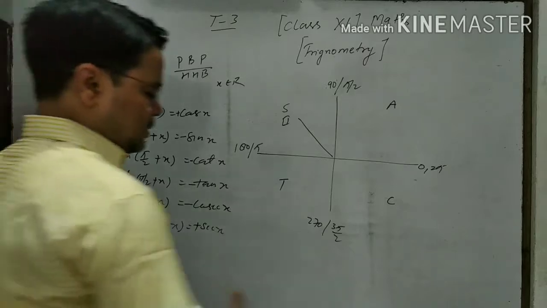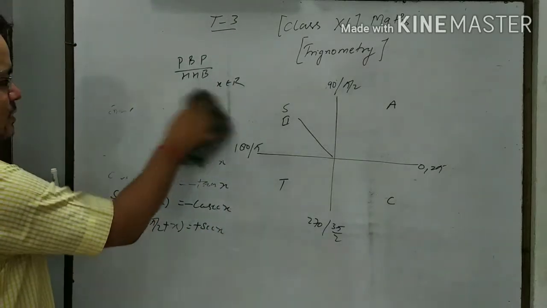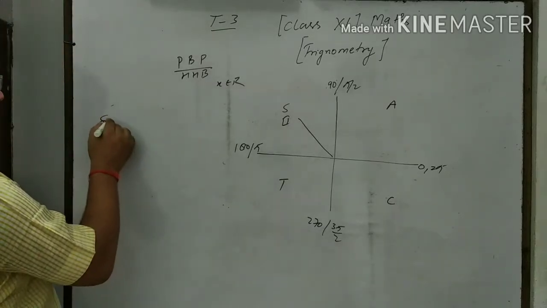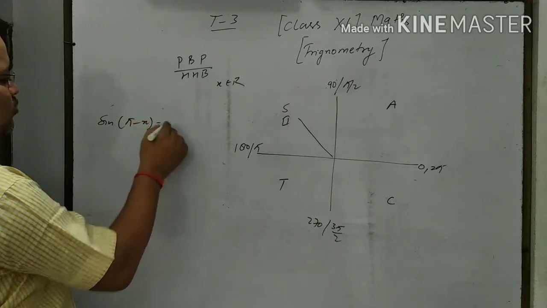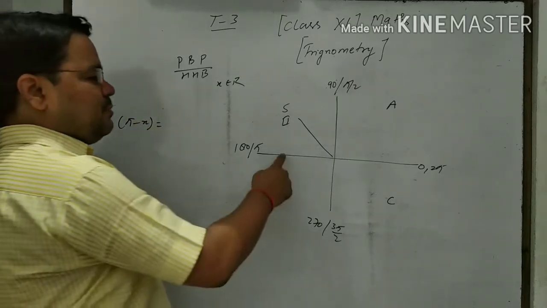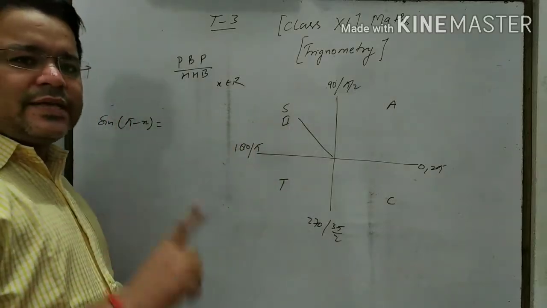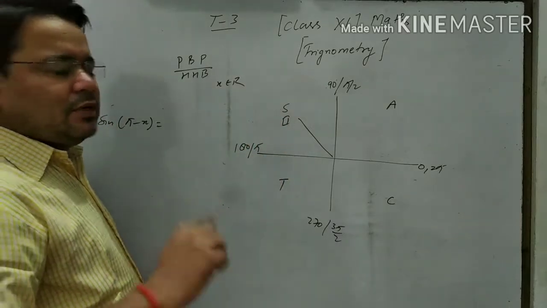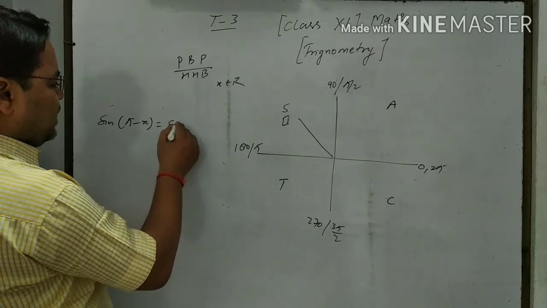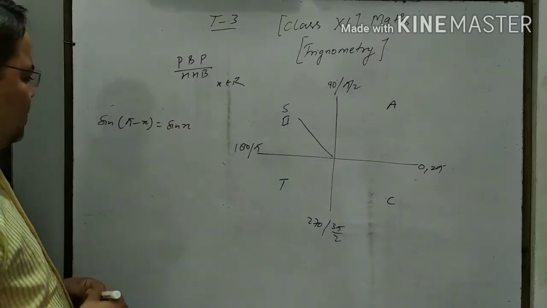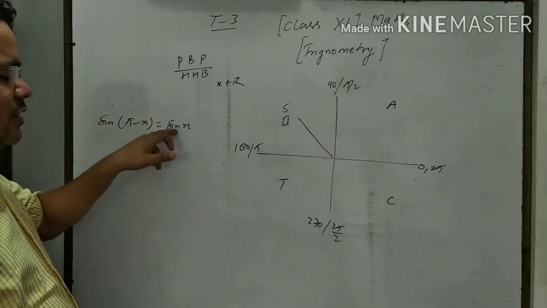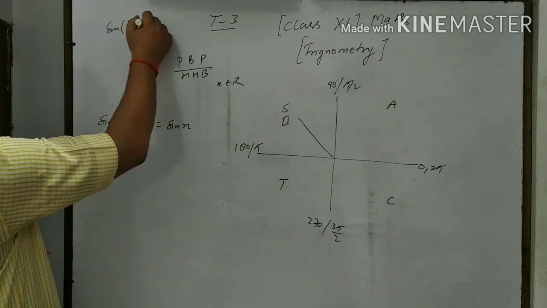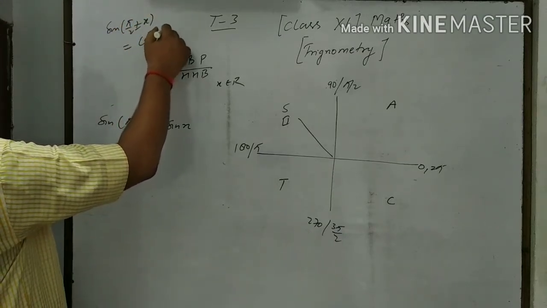Similarly, here we write another concept, like sine of pi minus x. Then what? We know that pi minus x is in the second quadrant, and in the second quadrant sine and cosec are positive and the others will be negative, so it will be sine x only. Remember one more thing: if it is pi, then sine will be sine only, but if the question is sine of pi by 2 plus or minus x, then it will always be cos x.